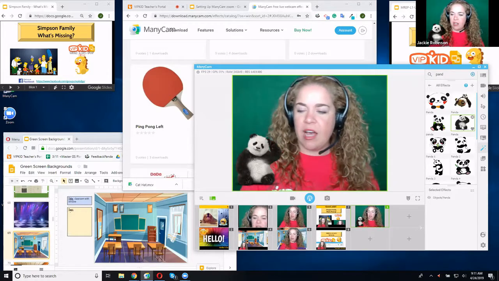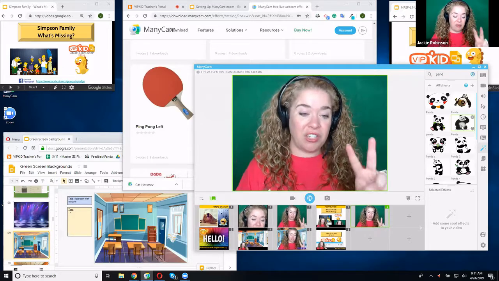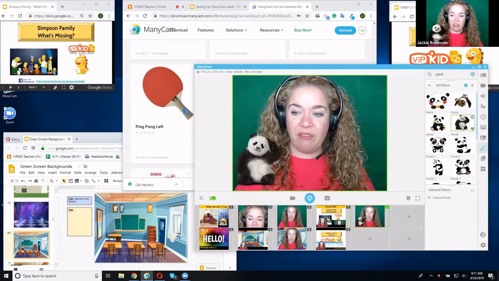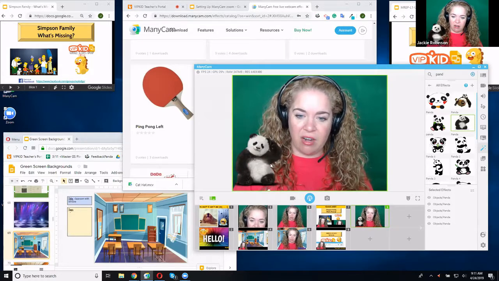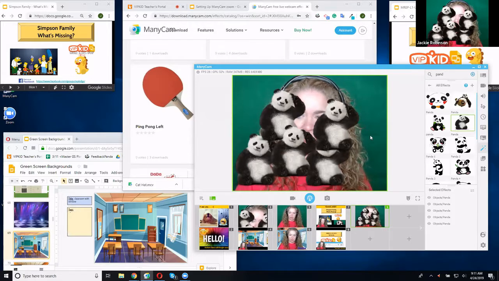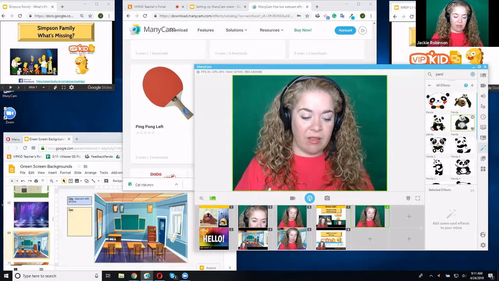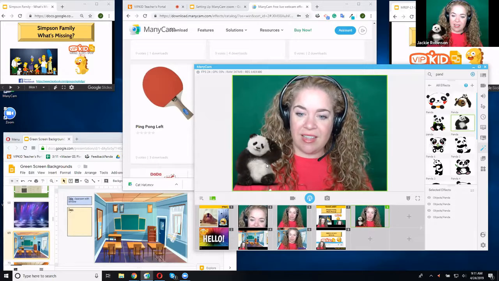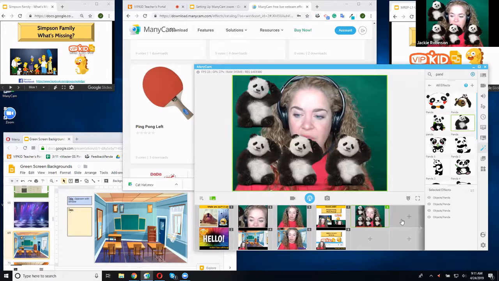So, or you can click on and off, on and off. If you want 2 pandas, you have to hold down the control button while you click. And now there are pandas galore because I was clicking a bunch. To get them all off, I can just do once. To get them off one at a time, because maybe I have it set to do one at a time